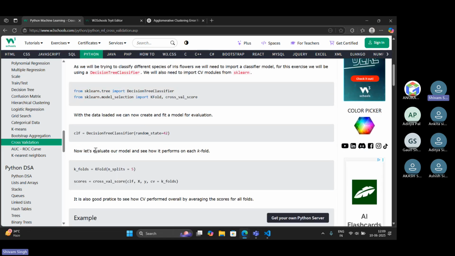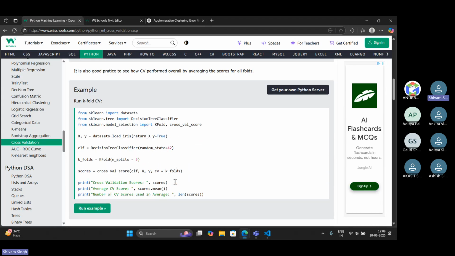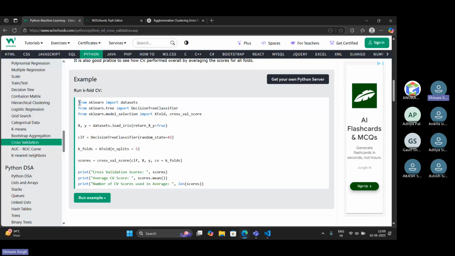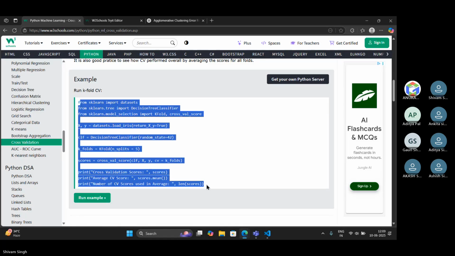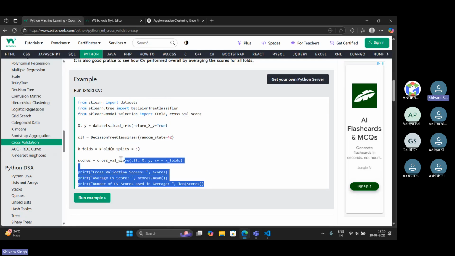Now let's evaluate our model and see how it performs on each k-fold. So let's run k-fold validation.